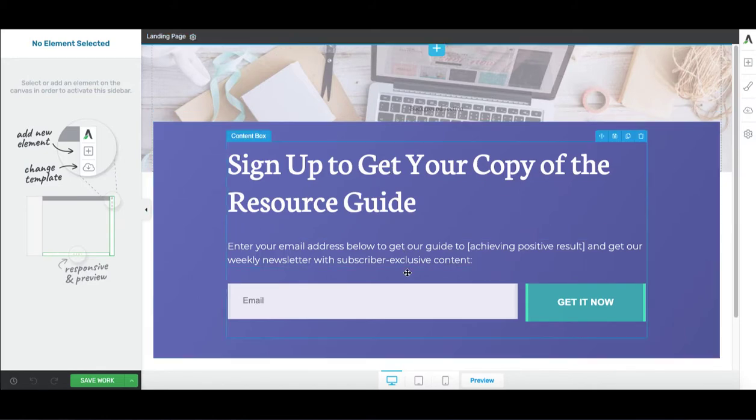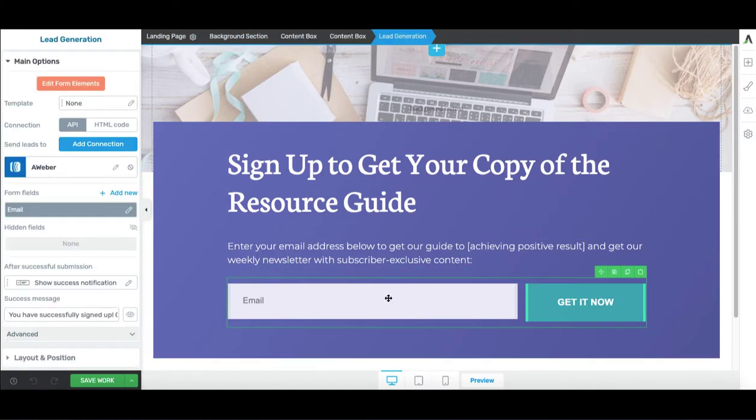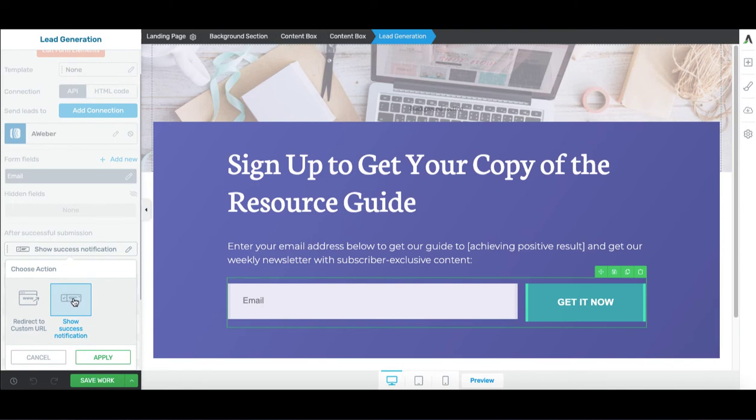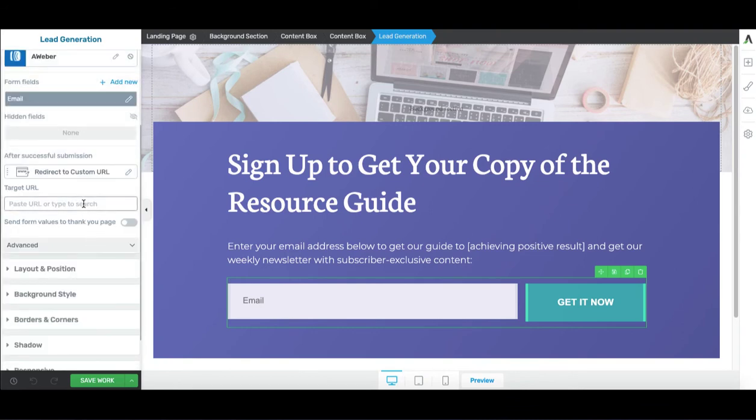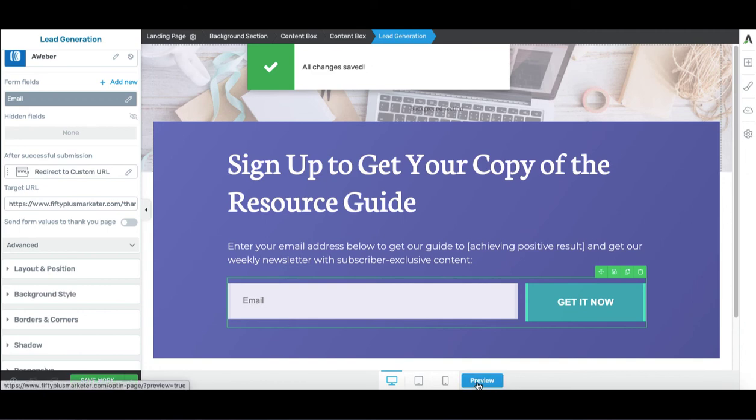What we need to do then is click on the email section, and where it says show success submission, click on that. Choose option to redirect to custom URL. Okay, apply that, and then just paste that link in there that we've got for our thank you page. Save that, and then if we click Preview,